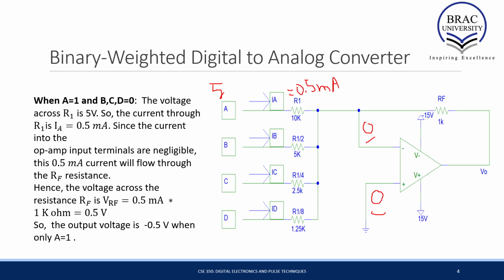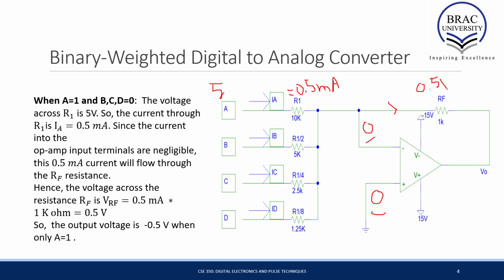This current can't be carried to the negative input, because we know no current flows through the inputs of the op-amp devices. So this current will flow through this region, and so the output will be basically the voltage across this RF, which is 0.5 milliampere into 1 k ohm, or